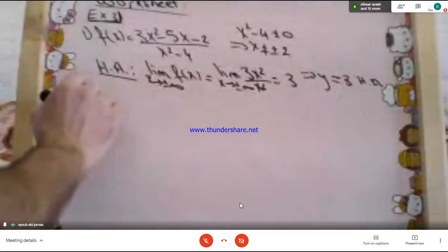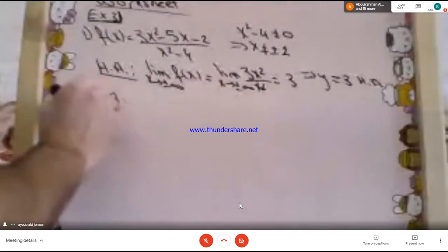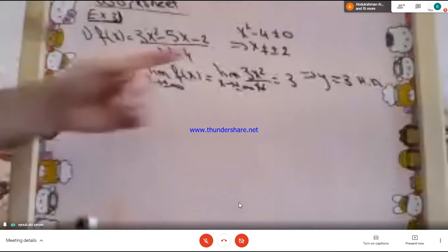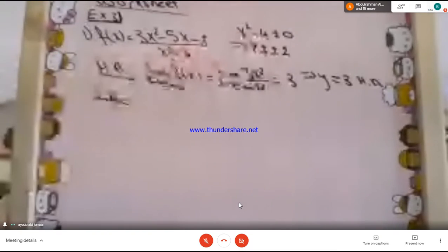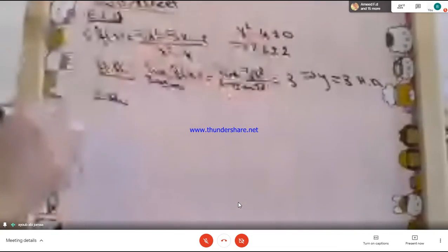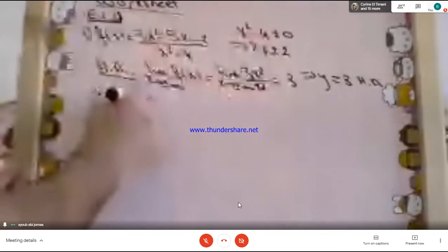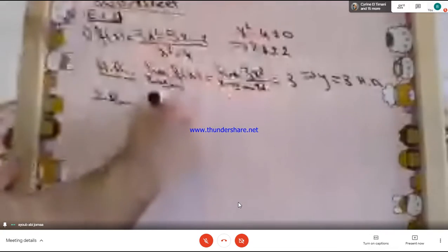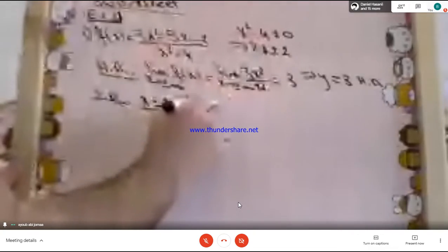Now for the vertical asymptote, I'm going to find the limit as x approaches 2 and the limit as x approaches negative 2. Right? If you find the limit as x approaches 2, the first one, x equal to